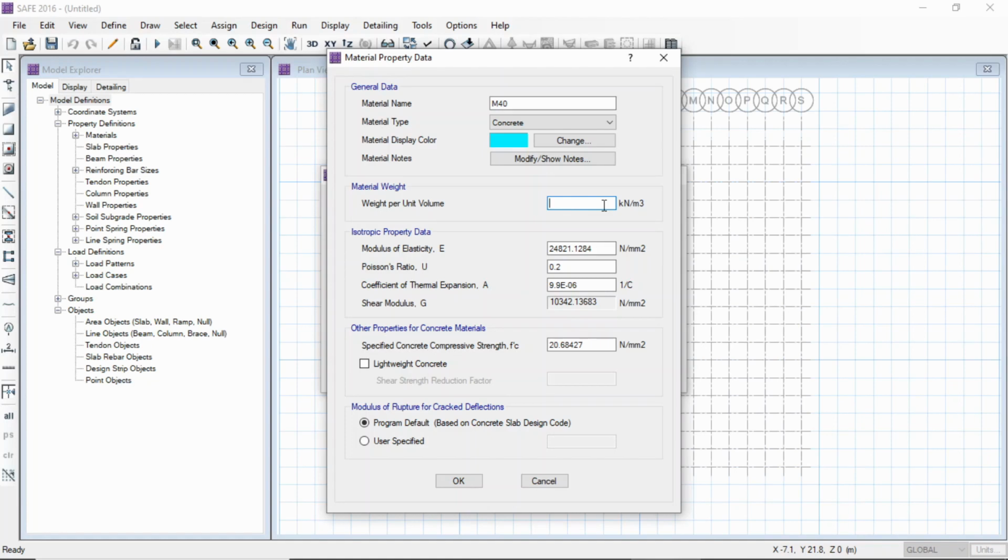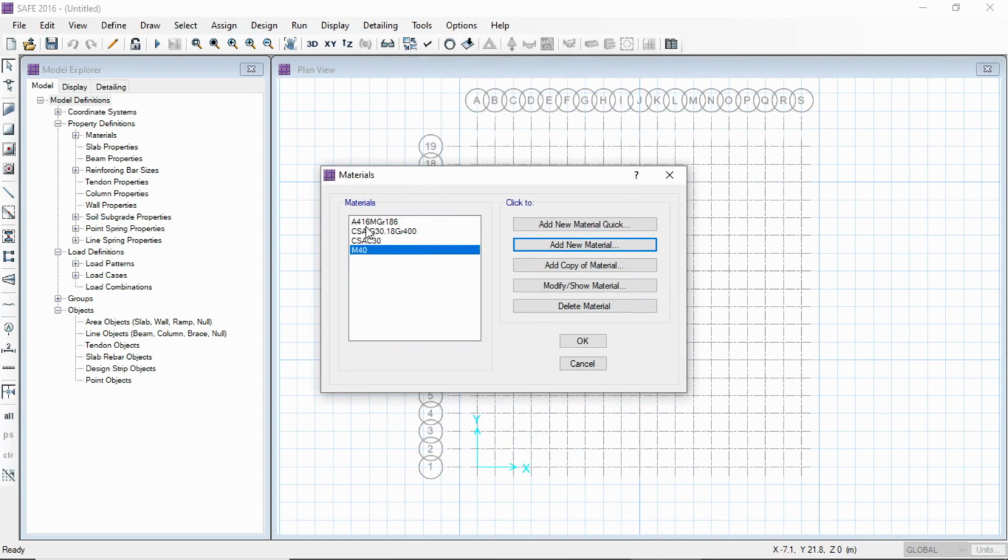So material weight per unit volume, that is 25. Then modulus of elasticity, that is 31622.7. Then Poisson ratio is 0.2. Then coefficient of thermal expansion, it is 0.55. The specified concrete compression, that is 40. And click on OK.